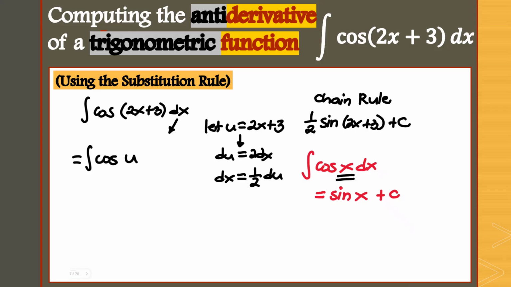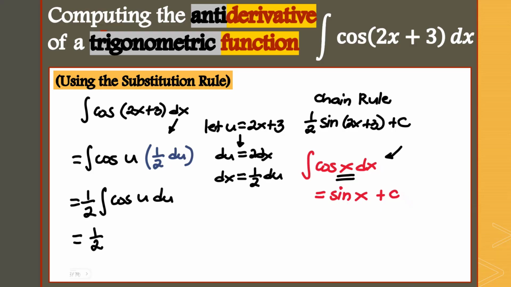This means instead of dx, you will have here 1/2 of du, just to meet the idea that this should be integrable with respect to u. Now, 1/2 is a constant. Take that out, according to the constant multiple rule. The integral now of cosine u du is just similar to this rule. So for that, you will have here 1/2 of sine of u, not x, okay, u